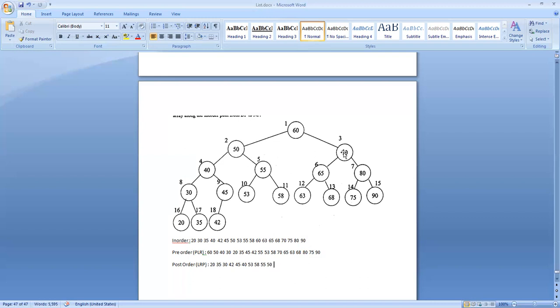70 is a parent. So 65, 80. 65 is a parent. 63, 68. Then the parent 65. Sibling of 65, 80. 80 is a parent. So 75, 90.